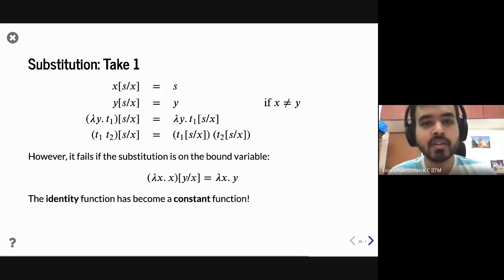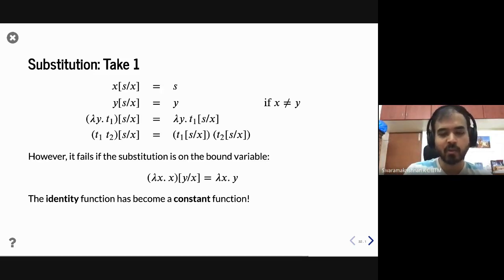Right. So our take one was this particular substitution method, and the interesting bit is what we did for abstractions. For abstractions, lambda y dot t1, if you want to substitute s for x, then we said naively go ahead and continue substitution for the body of the abstraction. So if you want to substitute in an abstraction, just recursively call the substitution in the body. The problem here is that